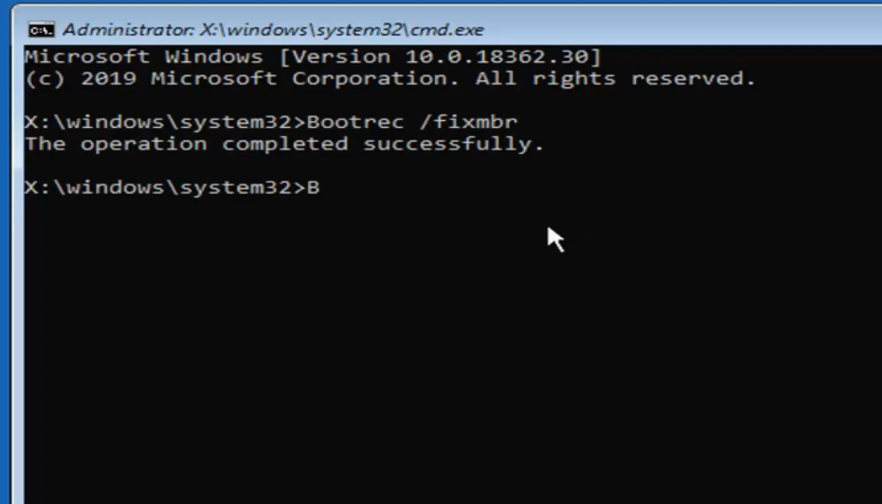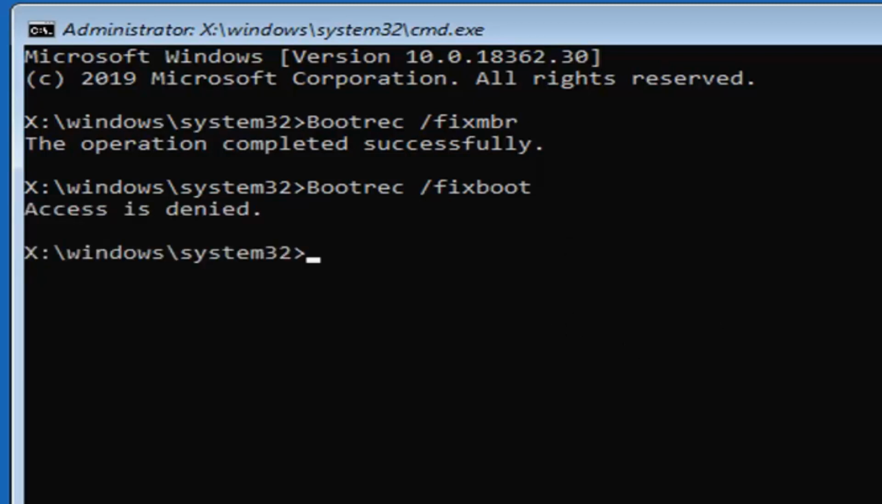Now you want to type in BOOTREC, space /fixboot, again exactly as it appears on my screen. Hit enter on your keyboard. Please note, if you're coming across this access is denied error, and that's only if you're coming across access is denied, you want to type in